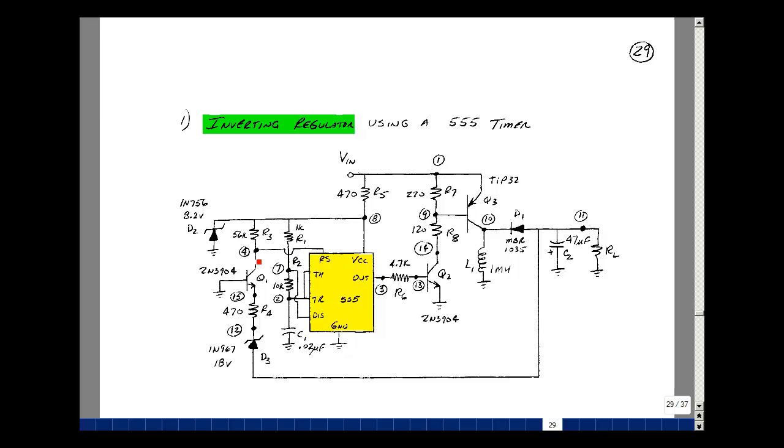Here too, I've got a connection to the reset pin. This transistor Q1 is cut off, and we just pull up to the power line, which is set with a Zener diode of 8.2 volts. Now what happens when the transistor saturates? Well, when it saturates, the voltage across here